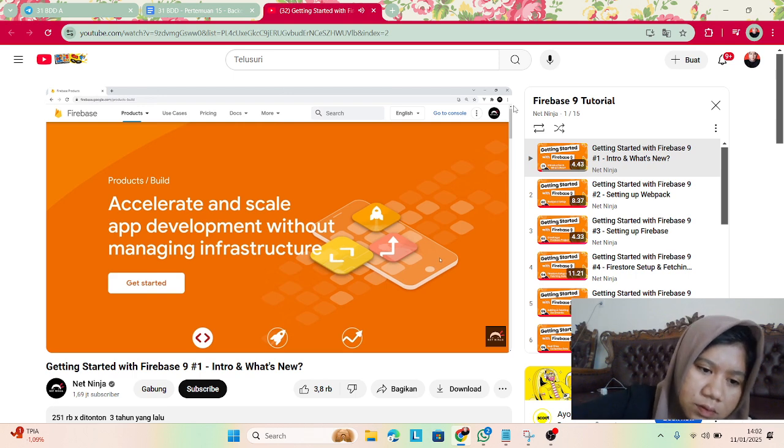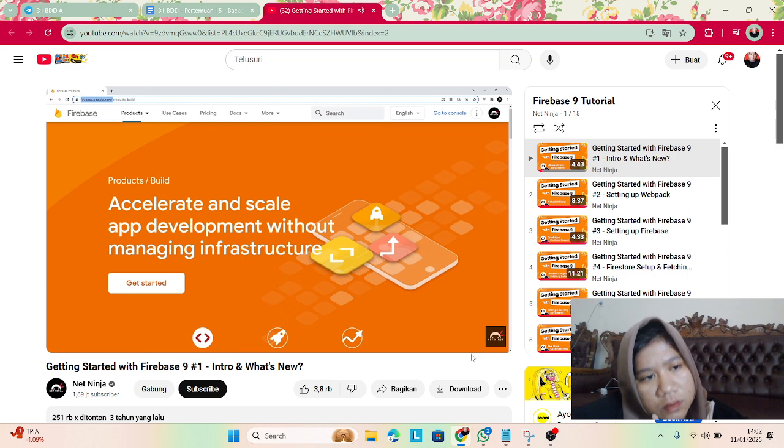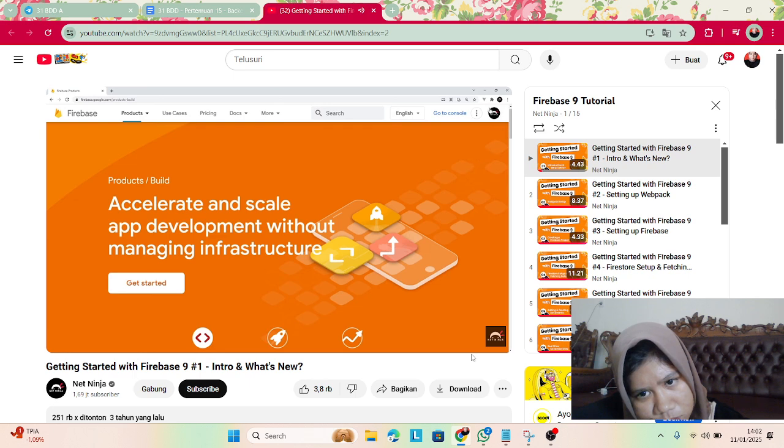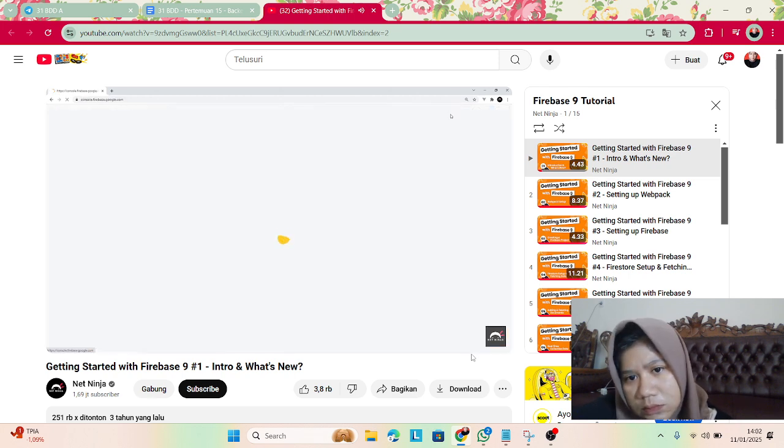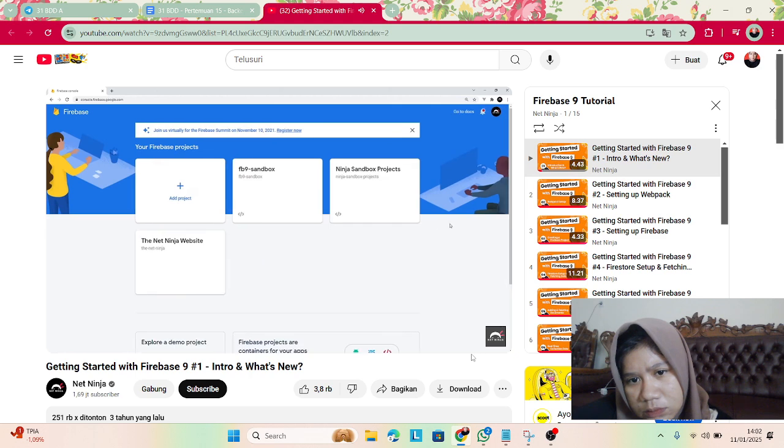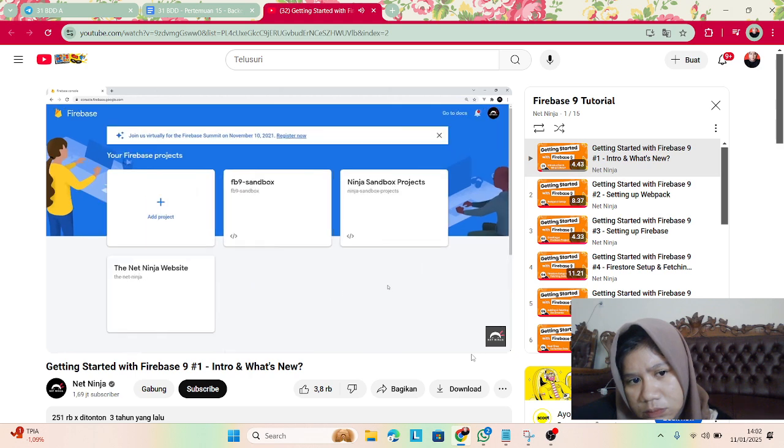So, to use it, the first thing you need to do is head to the Firebase website at firebase.google.com and sign up for a free account. You should see a sign up button in the top right somewhere, and once you've done that, you should see a link instead that says something like go to console. So click on that to go to the Firebase console, and your Firebase console is where all of your Firebase